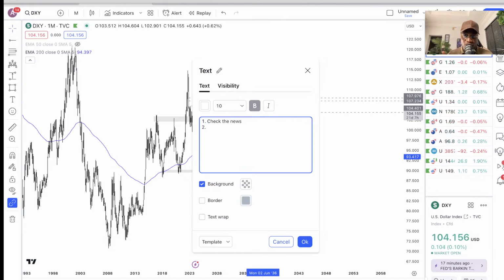Another reason to check the news would be a situation where you come into the market and, because you didn't check the news, you see a profitable position just reverse and go in the opposite direction. And when you check, you start to see that there was an event, there was a speech, there was something that happened economically that caused the price to reverse. And this would have been avoided if you checked the news. So you can see that there's a benefit to understanding what's going on economically in a country.